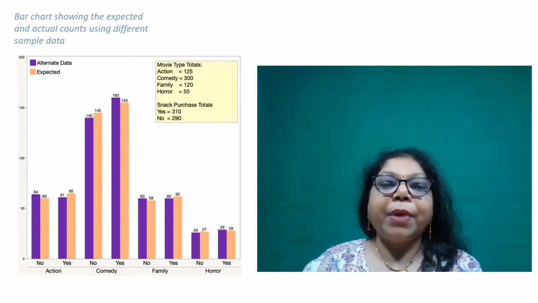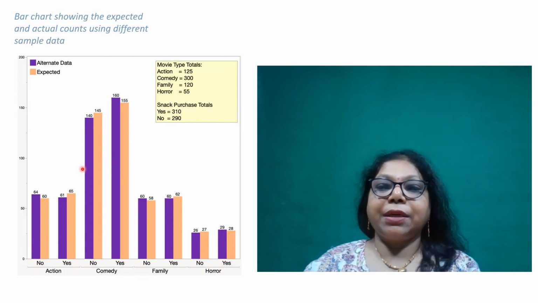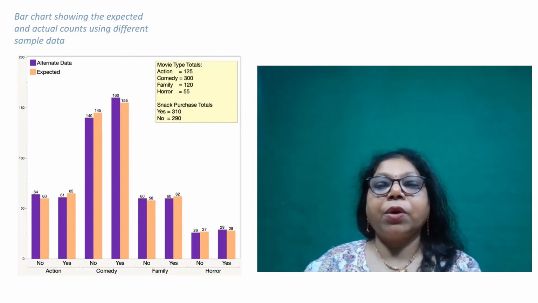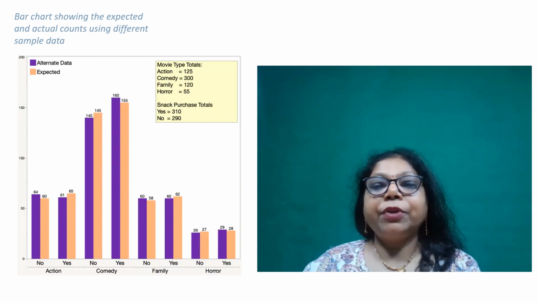The purple bar, let me point out, shows the actual counts in this data. And the orange bar shows the expected counts, which are the same as in our original data. The expected counts are the same because the row totals and the column totals are the same. Now, looking at the graph, most people would think that the type of the movie and the snack purchases are independent. If you perform the chi-square test of independence using this new data set, the test statistic is